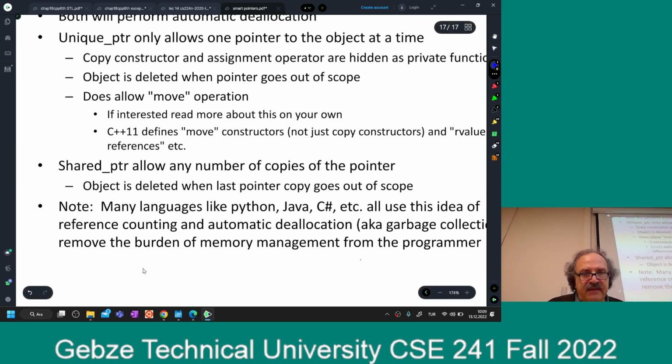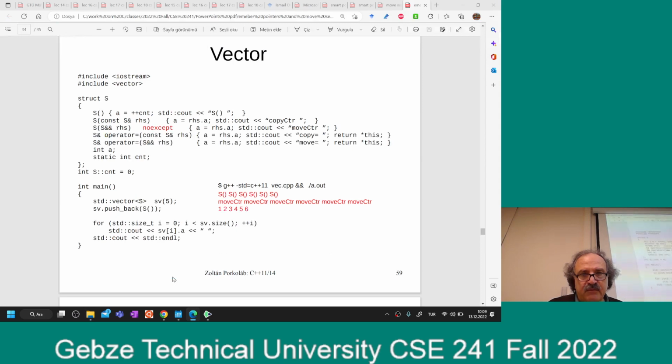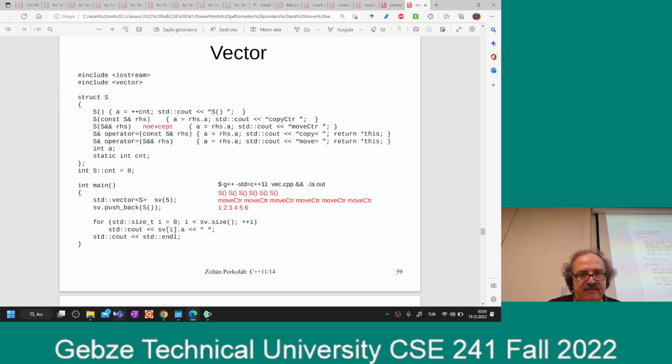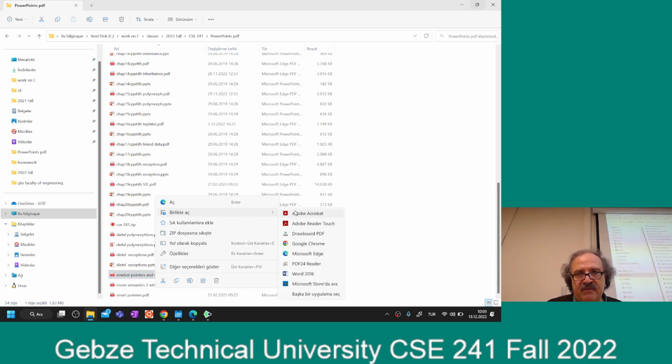Okay, so one last thing before I declare you experts of C++, I will talk about move semantics with C++11. Okay, let's start talking about them. Yeah, before that,